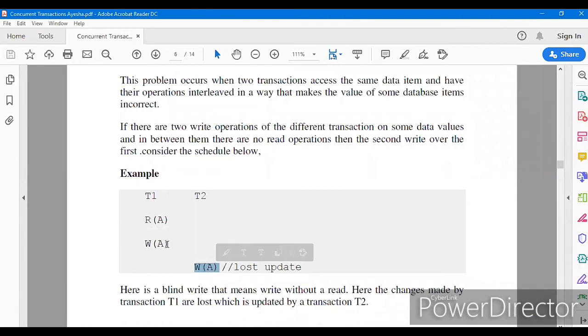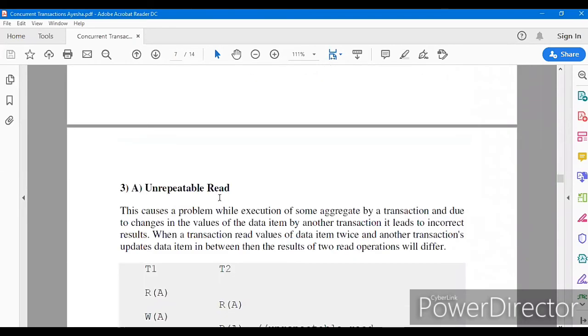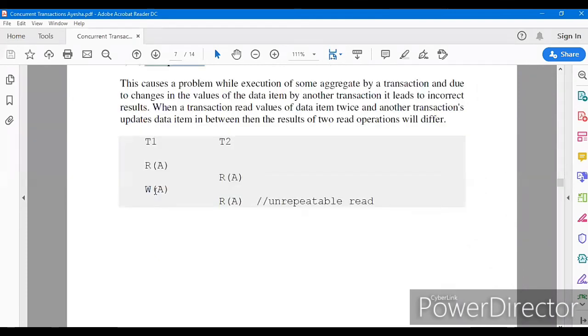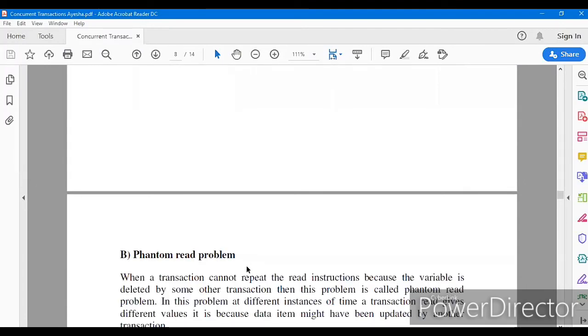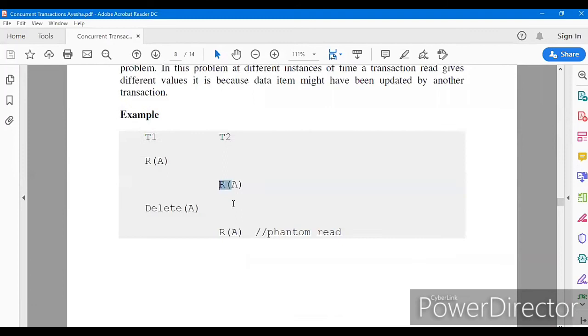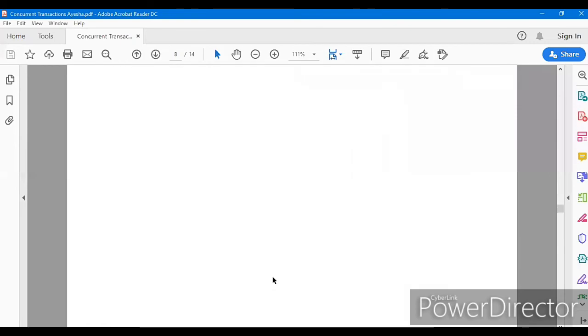If there is a system crash, it may feel that it is doing an updated copy without reading. It may create incorrect results. In unrepeatable read, there is a write operation happening between two reads of the same transaction. This will create confusion. And again in phantom read there is confusion, because there is a delete operation between two consecutive reads in the same transaction.